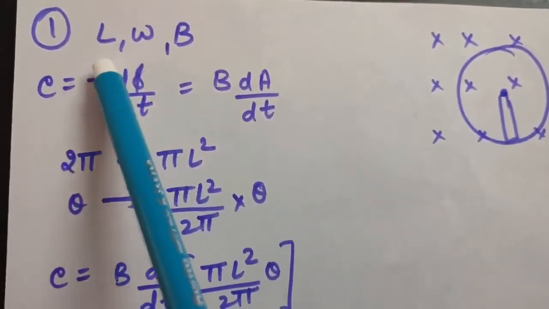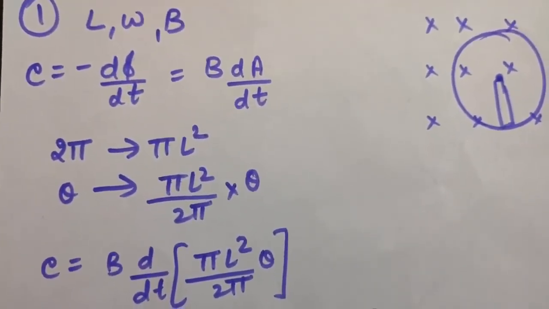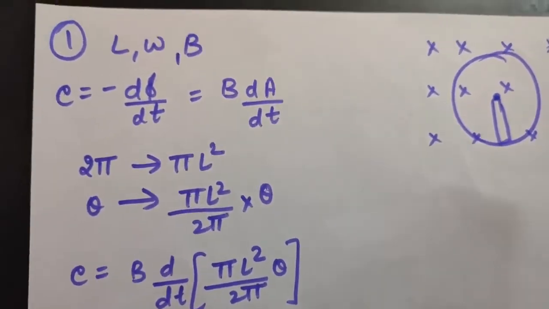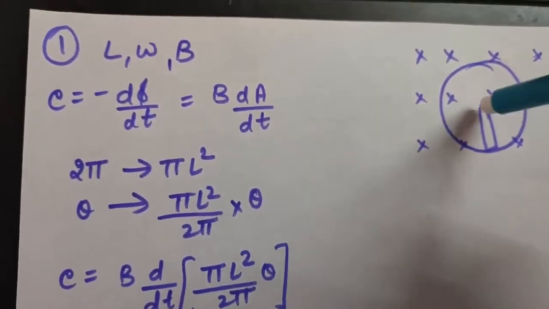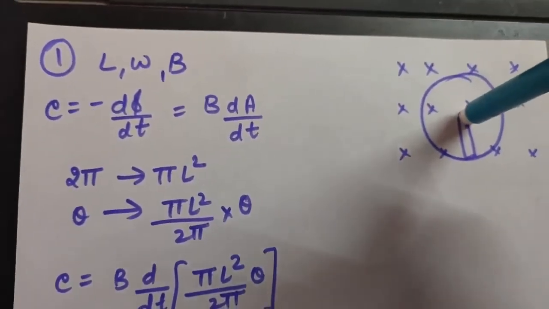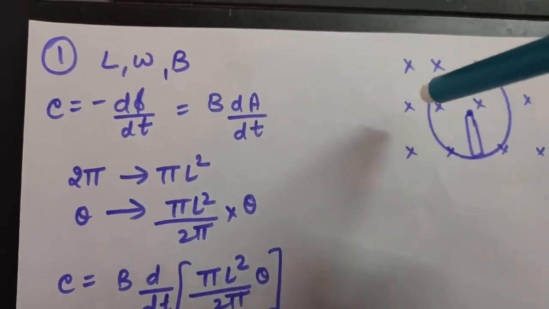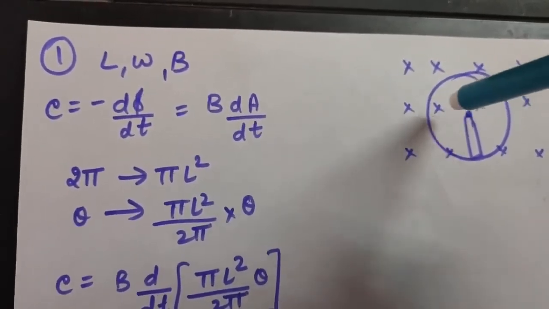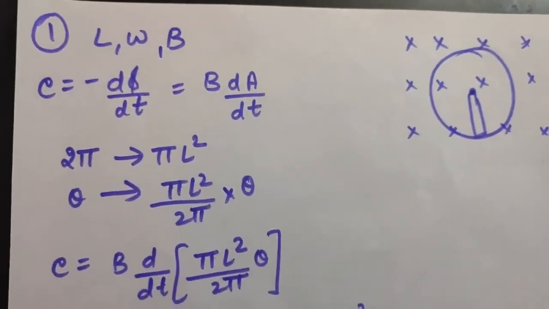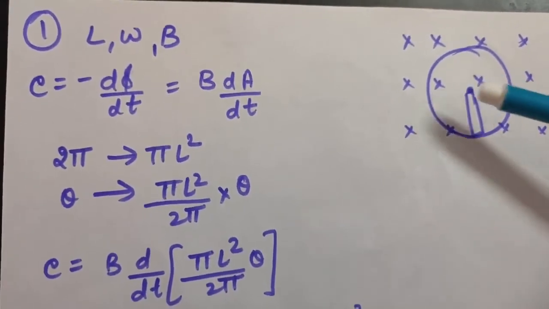Okay, after that the question says a constant uniform magnetic field B parallel to the axis is present everywhere, and the axis is this because this rod is rotating about this axis. So this axis is perpendicular to the plane of the ring, and the magnetic field is parallel to the axis, so that means the magnetic field we are saying downward, so this axis and magnetic field will be parallel to each other. Okay, now you have to calculate the induced EMF between the center and the metallic ring.